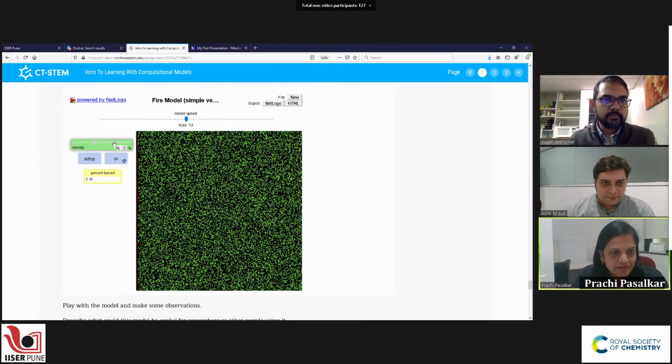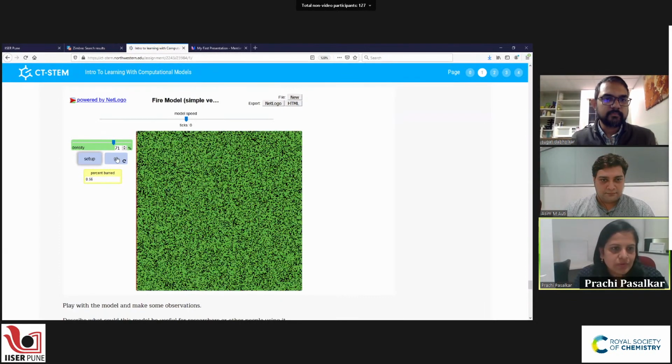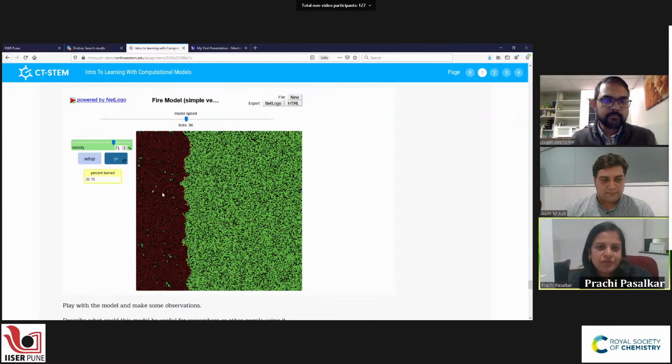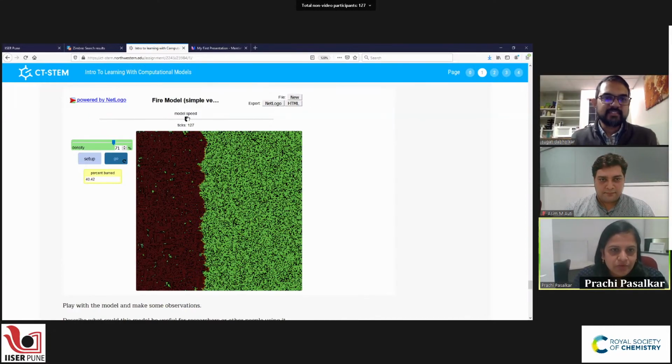Now if I increase the density, suppose to 71, setup and go. This starts, you can see that the green dots are the trees and the red dots are the trees catching fire. Then you can see that it is moving ahead slowly. And if I increase the speed over here, the process